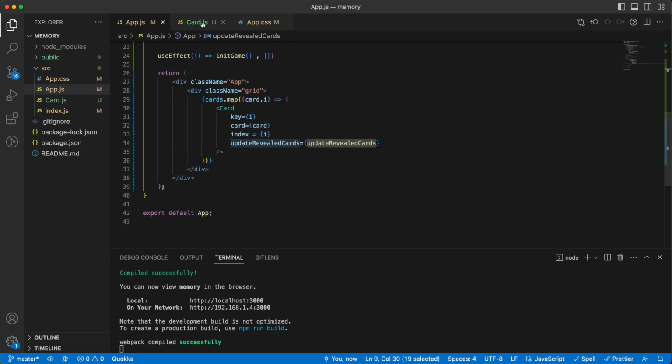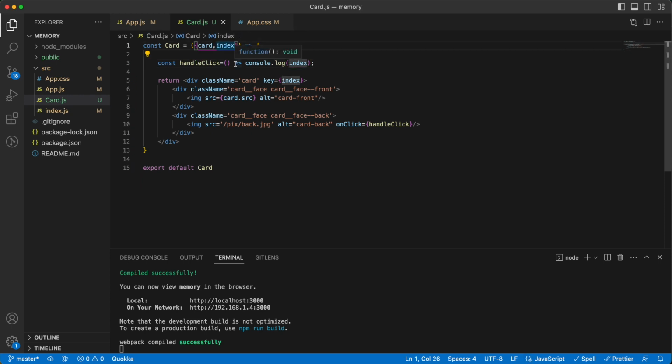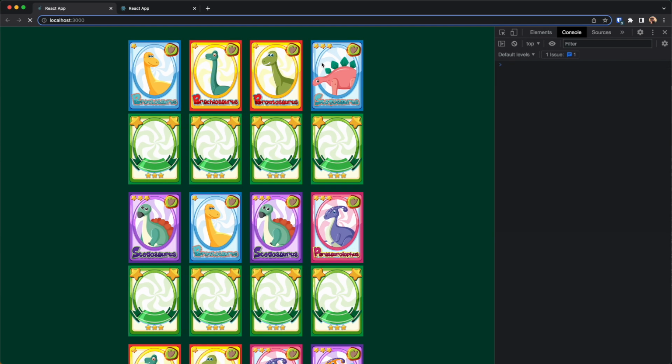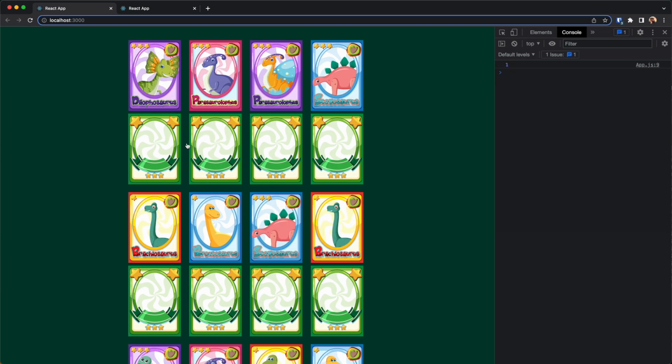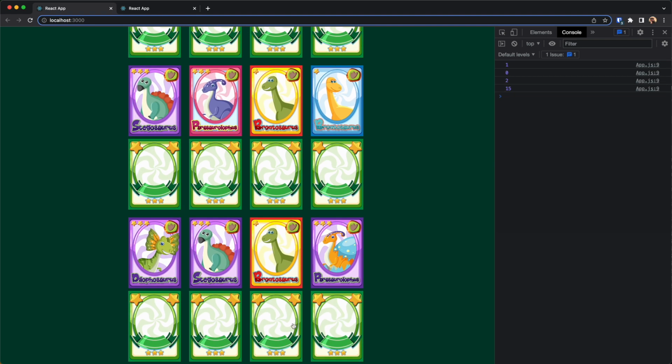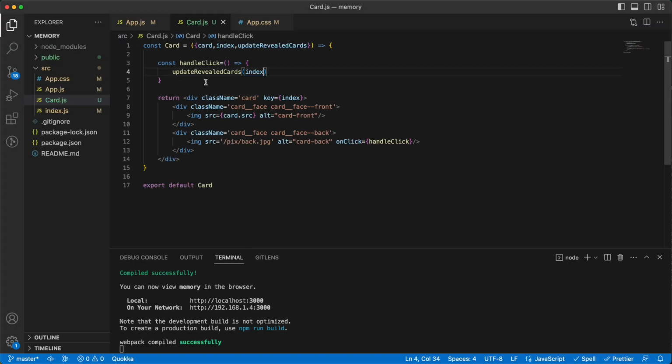Okay, we have it here, we have it here. We need to deconstruct it here as well, and on the handle click we should call the update with the index. So if I go back, I need to see the same result: 1, 0, 2 and 15, 14 and so forth and so on. Okay, now we have the card with its own logic and its own handle click function,